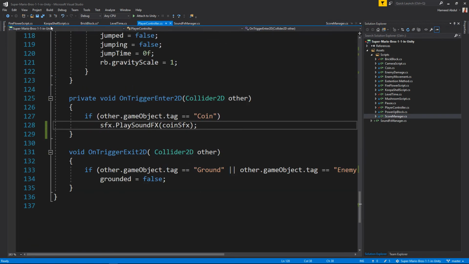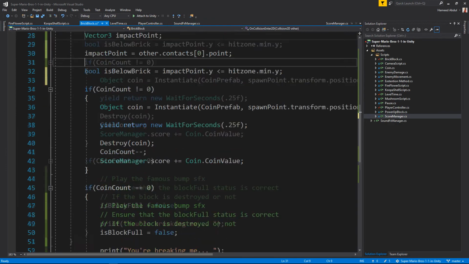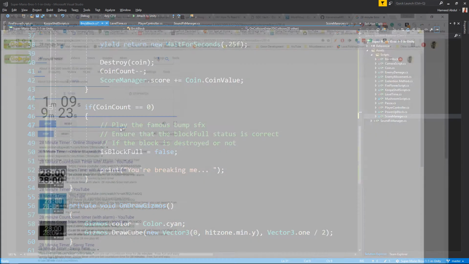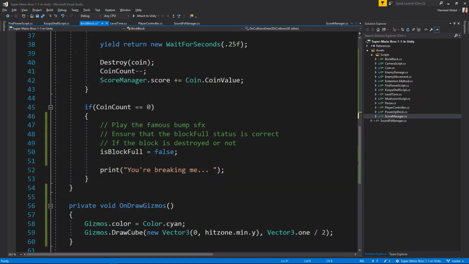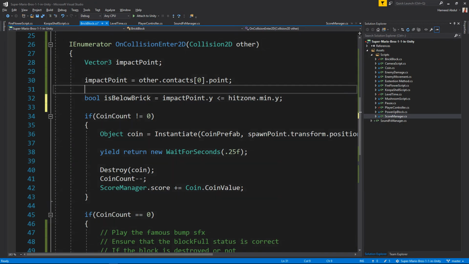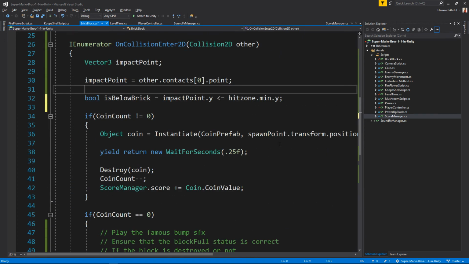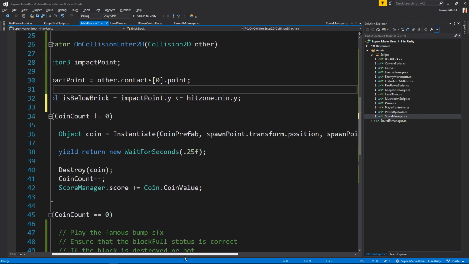Okay, going back to the brick block script, and checking the time once again. Oh, we have 1 minute. Okay, so I'm gonna wrap this up. So okay, based on that, we're saying that the area that this collider fills, we want to go to the